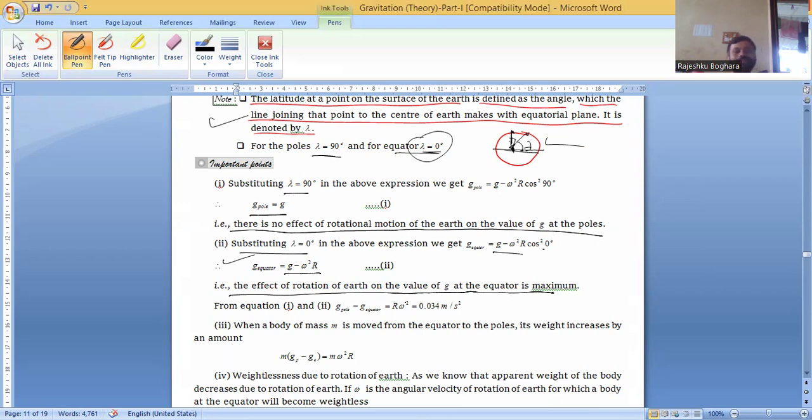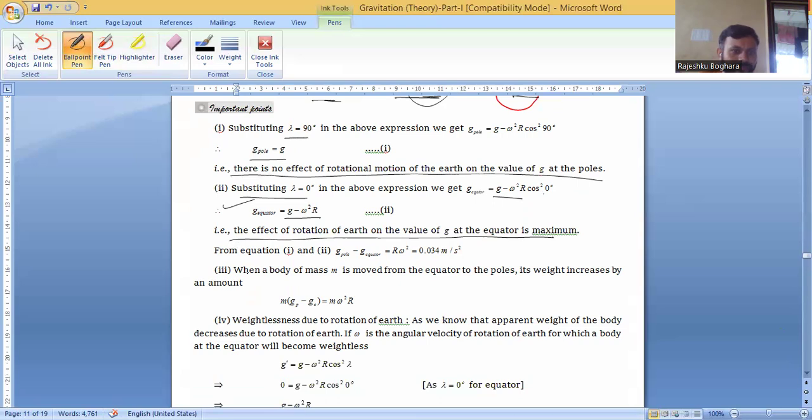तो मिनिमम रहता है, तो रोटेशन का इफेक्ट जी पर इक्वेटर पर रहता है, तो मीन्स कि all satellite launch at equator, because वहां पर जी मिनिमम होता है, तो फ्यूल लेस बर्न होता है, इसलिए जो रॉकेट लॉन्चिंग पॉइंट है वो इक्वेटर के नजदीक रखते हैं, क्योंकि फ्यूल बर्न कम होता है, और इजीली हम स्पेस में रॉकेट को लॉन्च कर सकते हैं। ओके, वहां पर जी मिनिमम होता है, कहाँ पर? इक्वेटर पर।